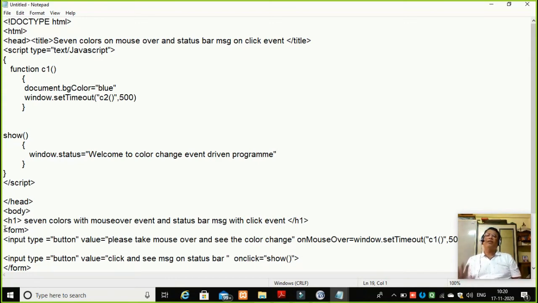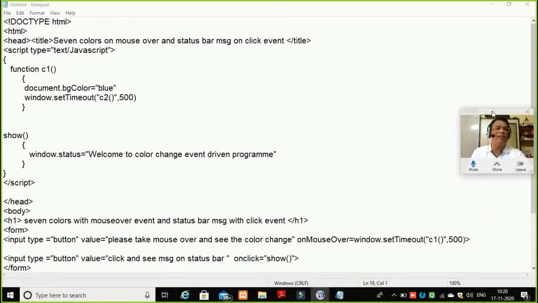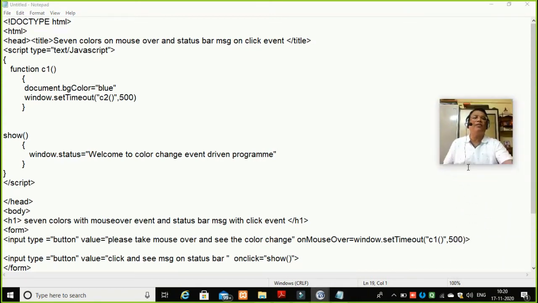Once my one color works, then I will copy the same functions for another 7 colors. So this is the way we should first prepare ourselves. I'll write two functions, one is the show function and one is the C1 function, and I will test my module.